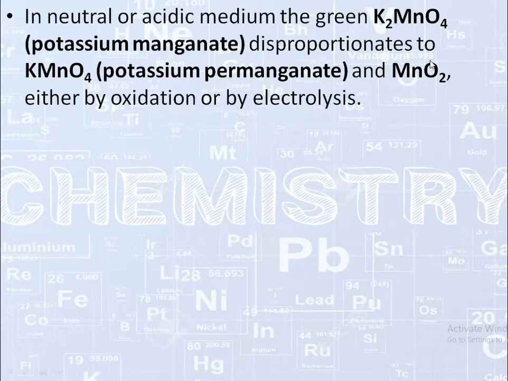Here you can see that the manganese dioxide, that is pyrolusite ore, which we have used in the first step, we get it back in the second step, and we can use this MnO2 again for the first step.